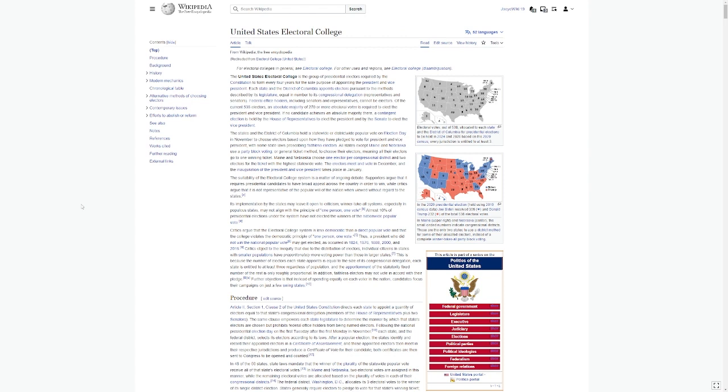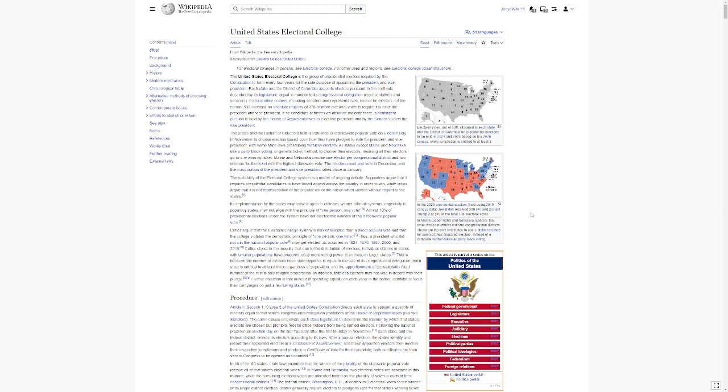Now, the argument that proponents of this system make is that the system provides more representation to communities that might otherwise be left ignored or may not have stronger investments into their constituents. If I take you to the example of Wyoming, Wyoming is a state of less than 100,000 people, but in the Electoral College vote, 3 out of 538 is more than 80,000 out of 300 million, so it helps boost the representation of rural voters. But through doing so, it also distorts the value of those voters, or rather the constituencies of those voters, in a national election.